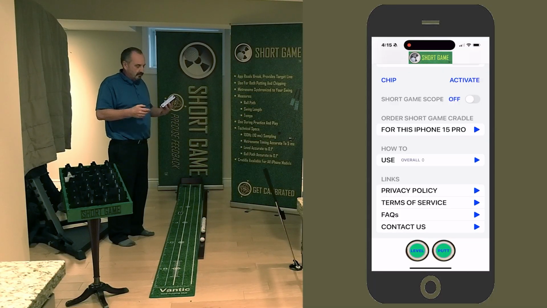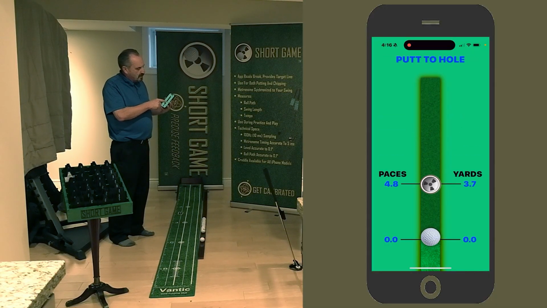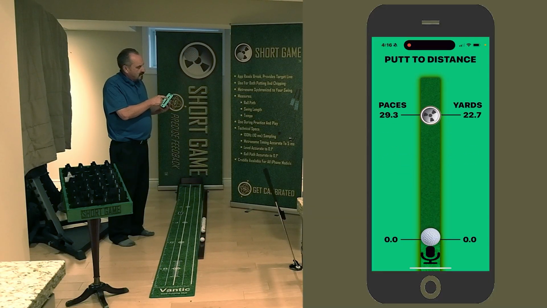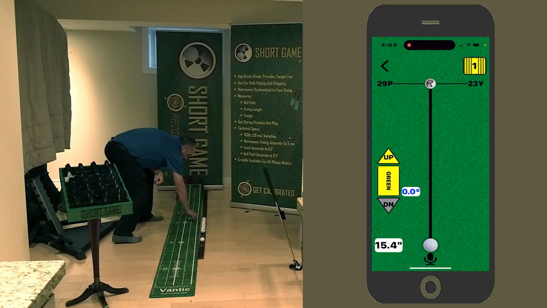Let's say I want to set up for a long putt, 16.8 yards. Notice that once I go beyond 5 yards, the text goes to black. That indicates that I'm not going to be reading the break. I'm just going to be reading the average up-down slope. So again, to do that, place the phone between the ball and the cup, touch the read button,